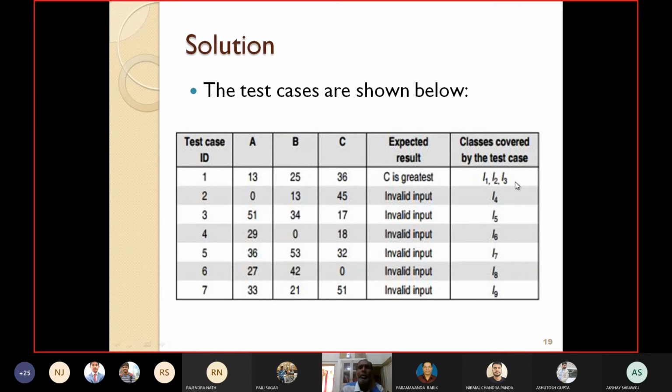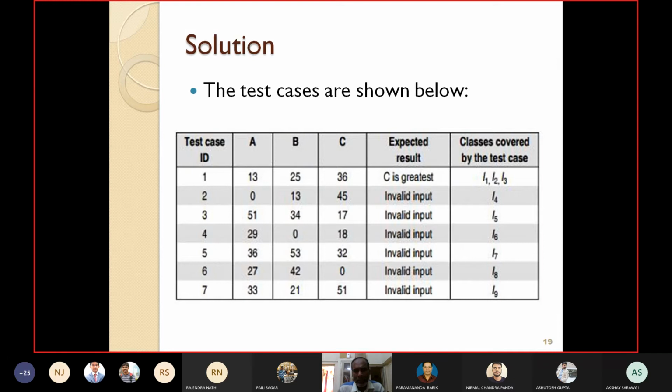So in this way, you can design test cases using equivalence class partitioning. Any doubt, please? This is very much important. Unless you understand, you cannot design the test cases. Very simple, I am saying. It is only a simple principle: design 3 equivalence classes, 1 for valid, 2 for invalid, and proceed. Okay.